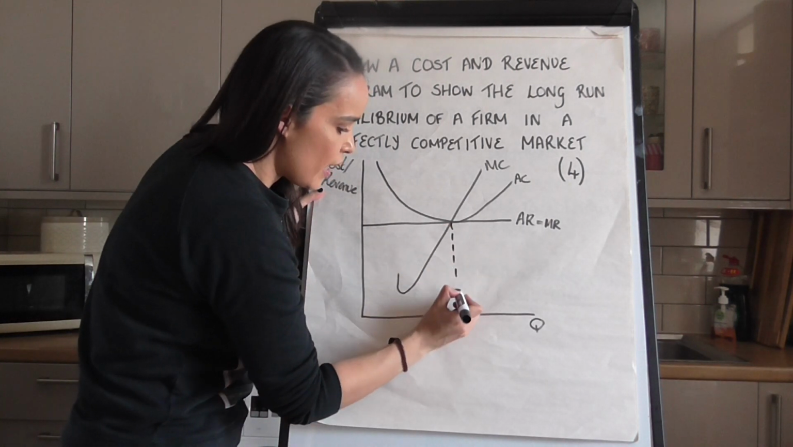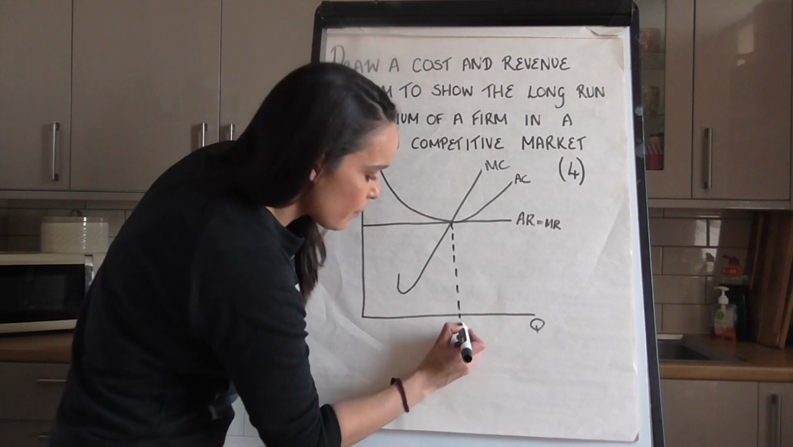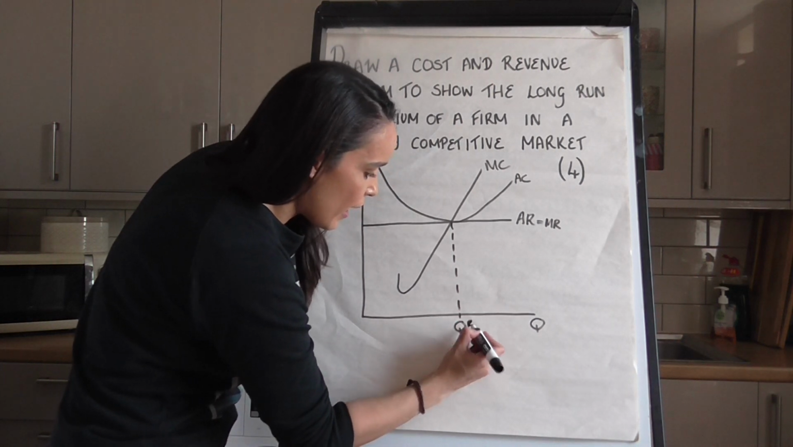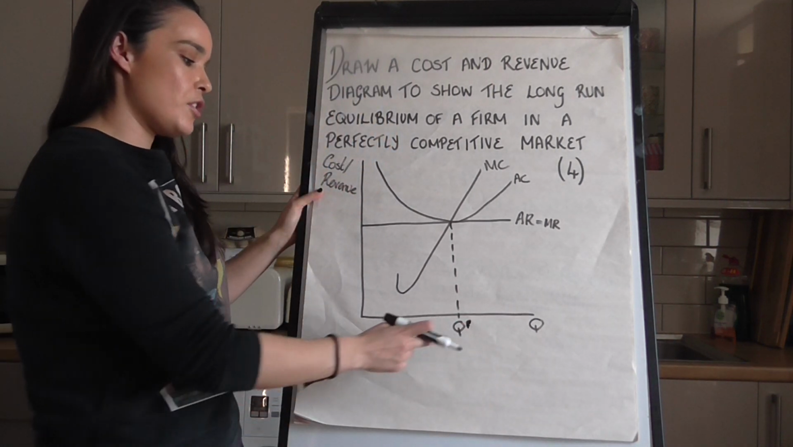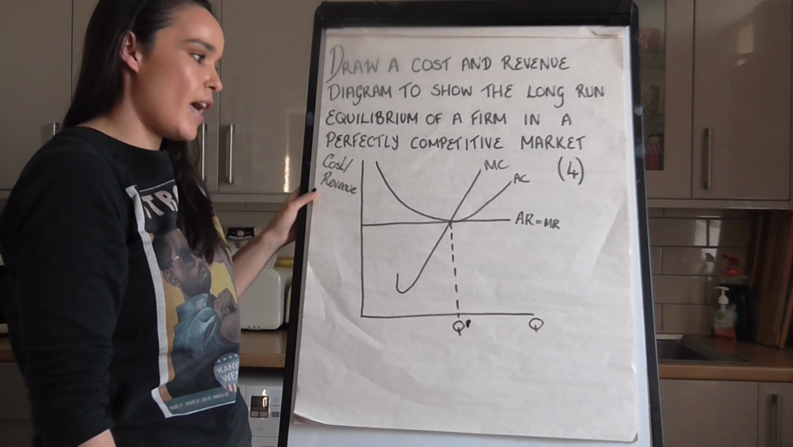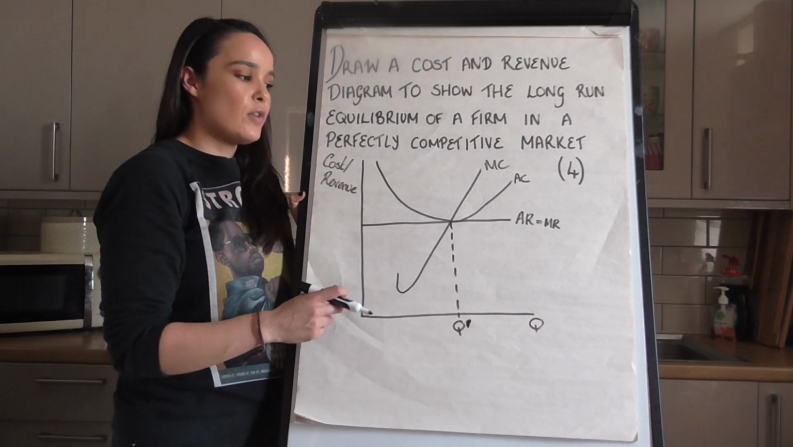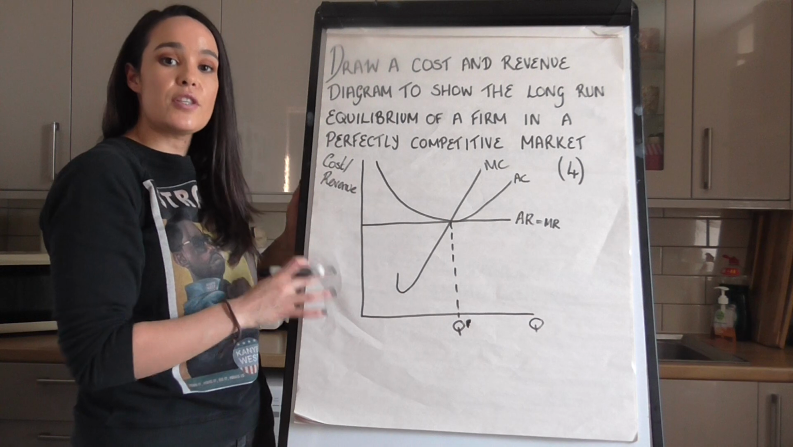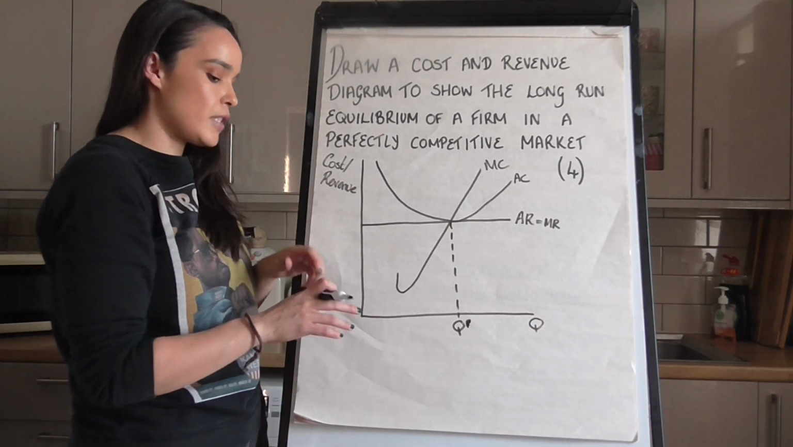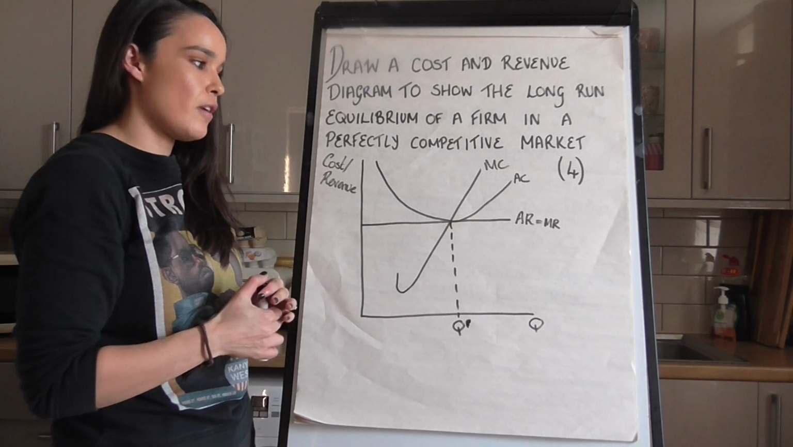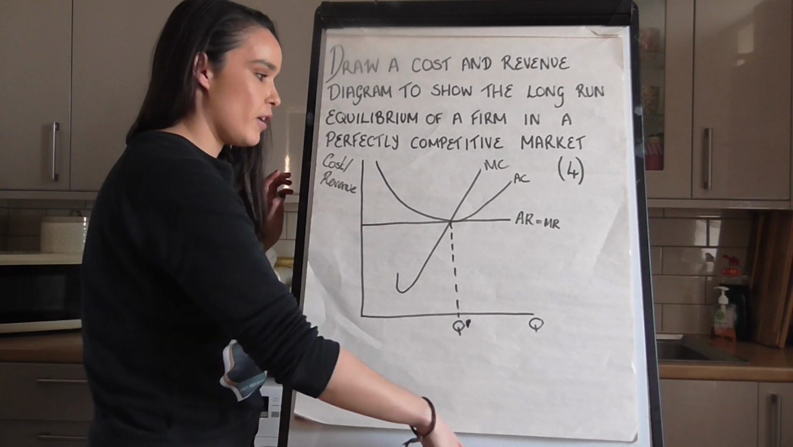Obviously we know that a firm in perfect competition is a profit maximizer, and therefore you're going to have to show that quantity there. So this is the diagram that I'm looking for. Like I said, you don't need to show the transition, you don't need to show anything else. This is just the diagram, and I'll go through with you where you would have got each one of those